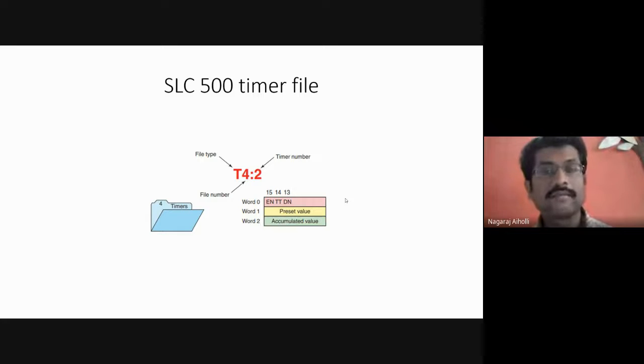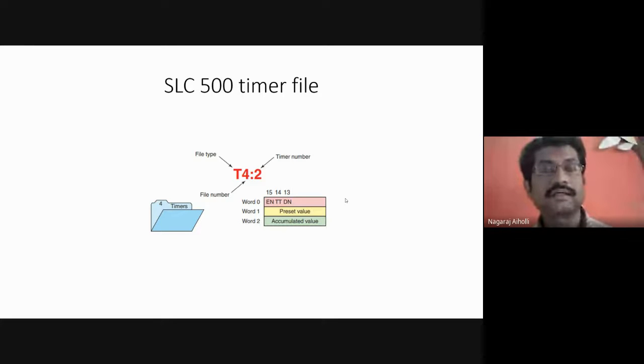Now the timer, when it is counting, say 1 second, 2 seconds, 3 seconds, 4 seconds, this is called the accumulated value. Accumulated value means whatever the timer is counting, whatever the timer is maintaining as the timing, that is 1 second, 2 seconds, 3, 50 seconds, 60 seconds. This is called the accumulated value.